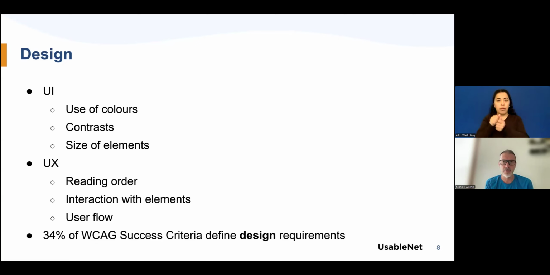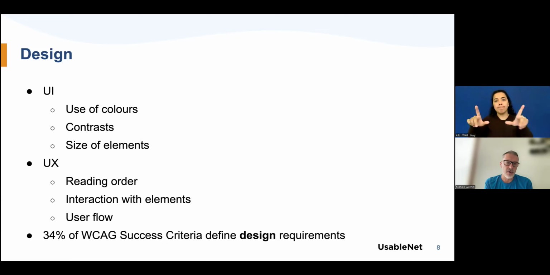When it comes to the user interface, aspects related to accessibility that impact the design are the use of colors, which translates into making sure that the color is not the only way to identify an element or an action, guaranteeing a minimum contrast, or using the correct size for the elements. The accessibility guideline requires specific minimum sizes for the elements, in particular for the mobile experience, so the tappable area, but that also applies to desktop website requirements.